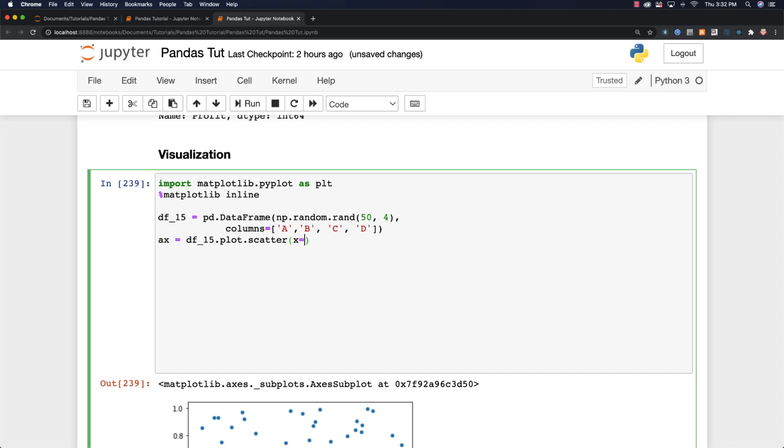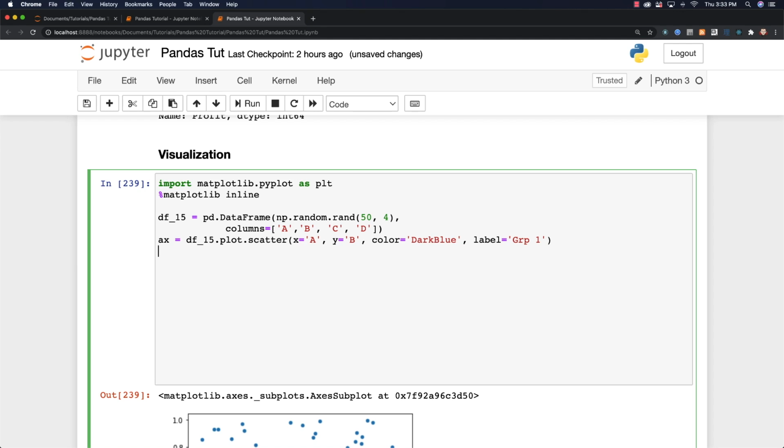And what is x going to be? I'm going to use A. And what's y going to be? I'll use B. I'm going to set my color for the first scatter plot to be dark blue. And I'm going to give it a label, which is going to be equal to group 1. And then I'm going to go df15.plot.scatter, and x is going to be equal to A,